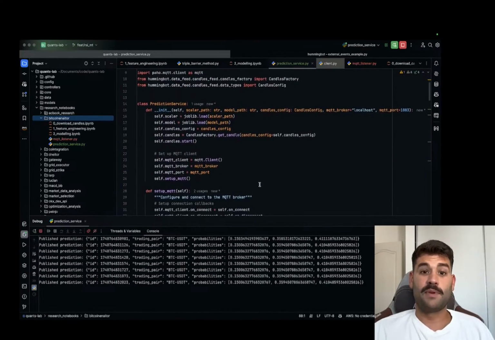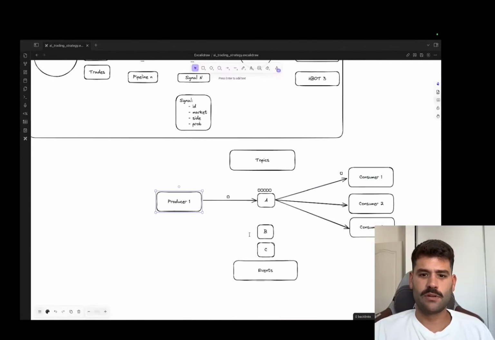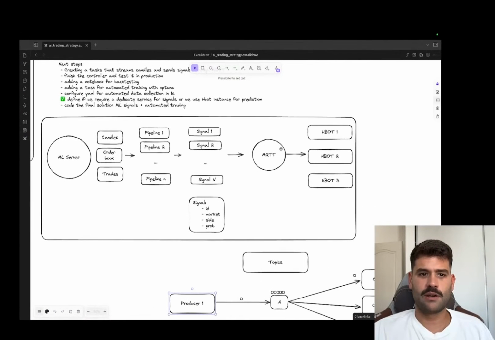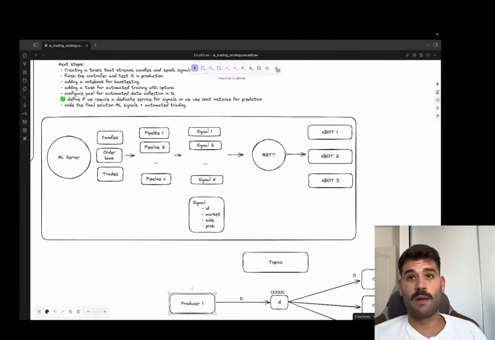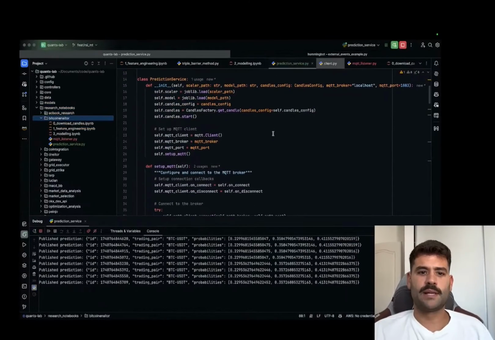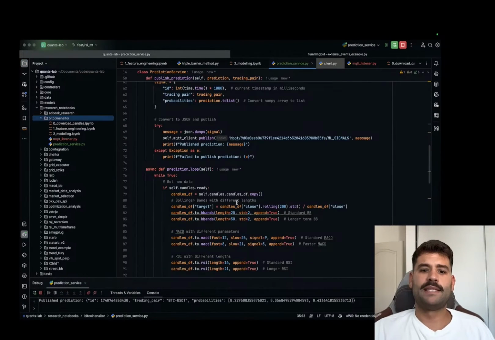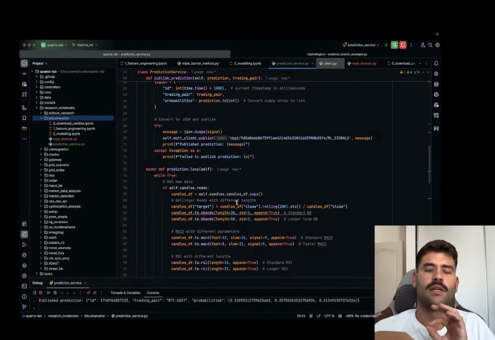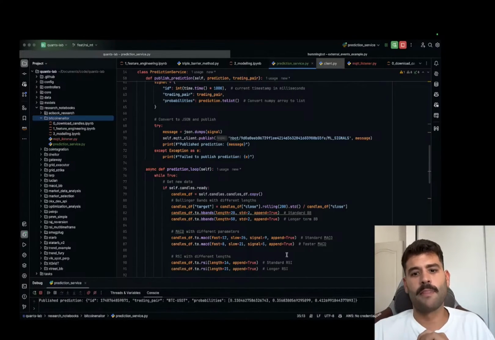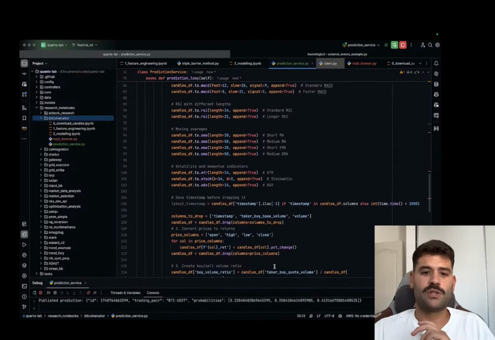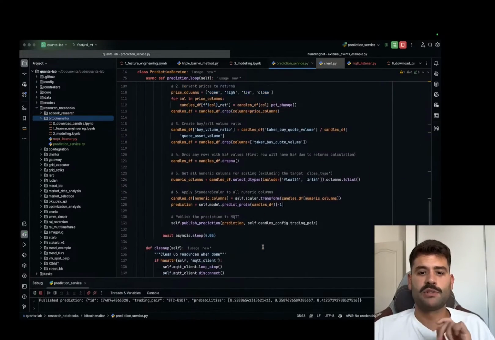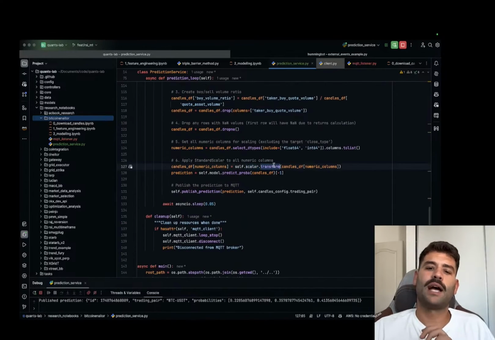We set up an MQTT broker, as you know, in this architecture that we are seeing here. This is one of the pipelines that we were talking about. We set up the prediction service that basically loads the candles. The candles are received via WebSocket, new candles every second, and with that we were applying the transformations. With those transformations, we were using the scalar and the model that we loaded from the file system, and we are publishing the last prediction through